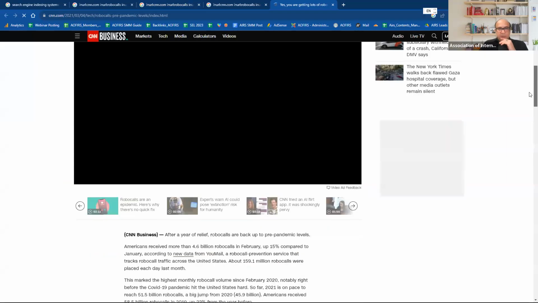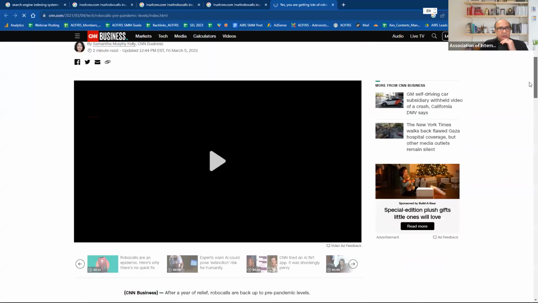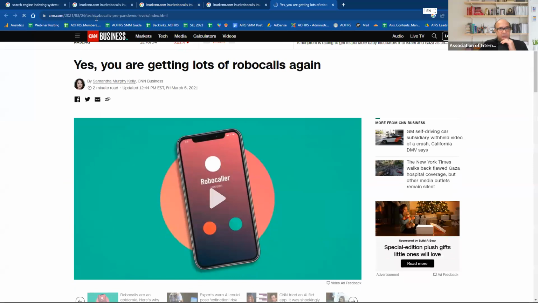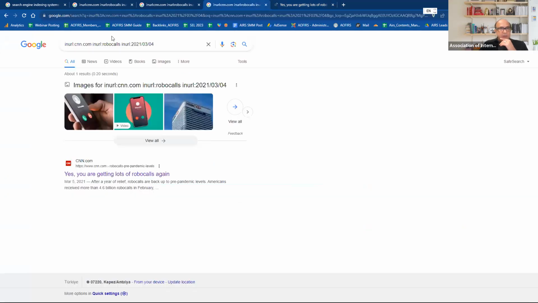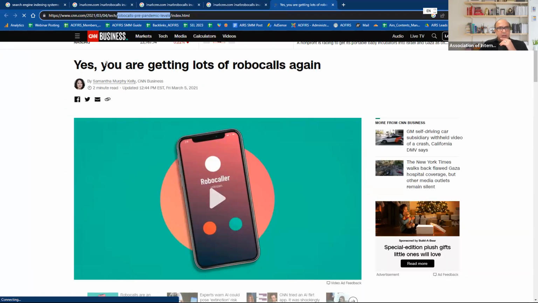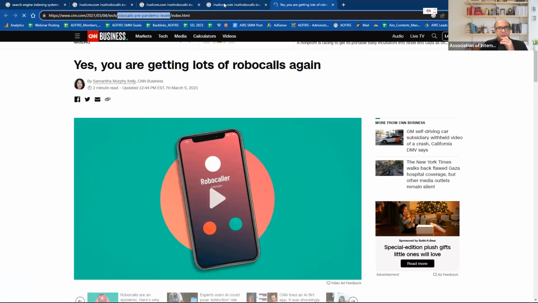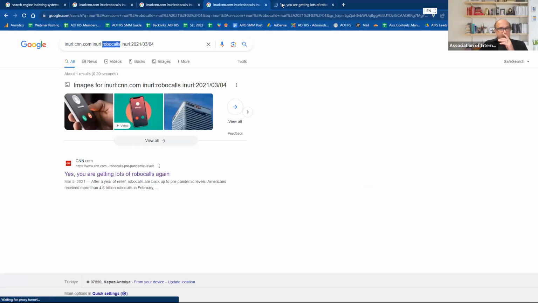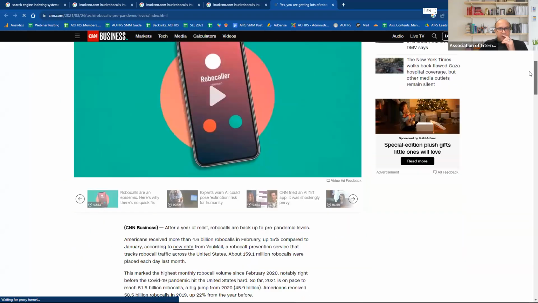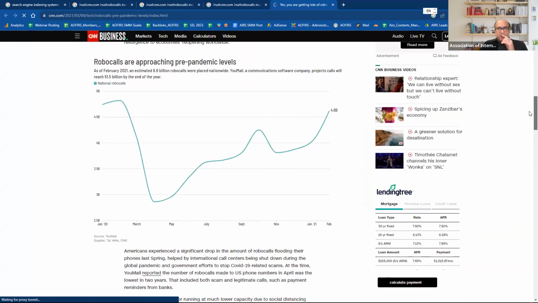So on this page that I have landed, I want to share that robocalls pre-pandemic levels index. If I wrote this within quotation marks, it would find exactly this page. If I did not put anything in detail and just used the word robocalls, I got a lot more results, basically. I'm sorry, I got the result that has a lot more variations of using robocall in its